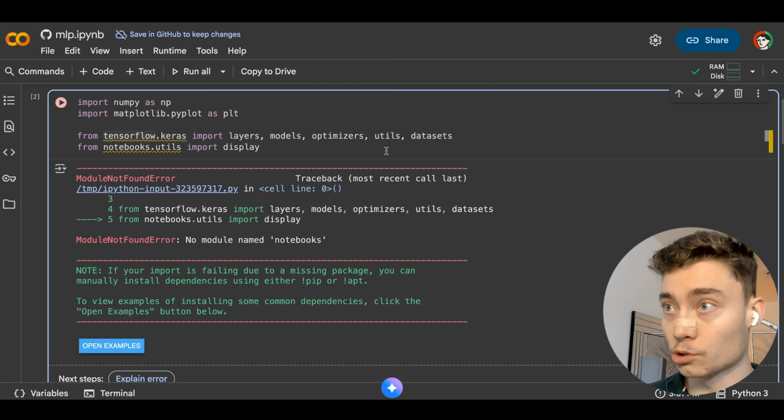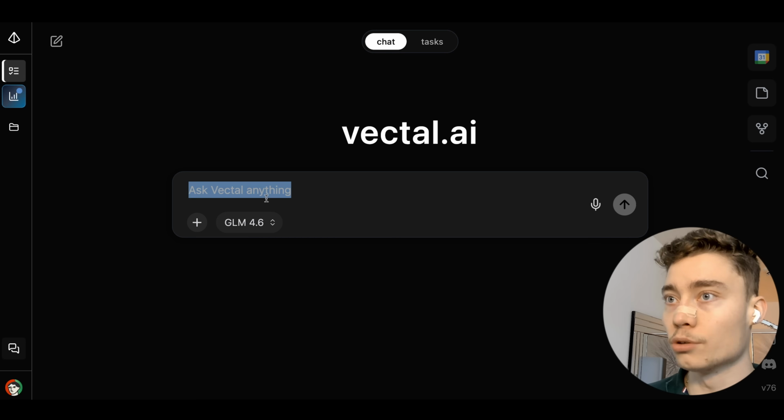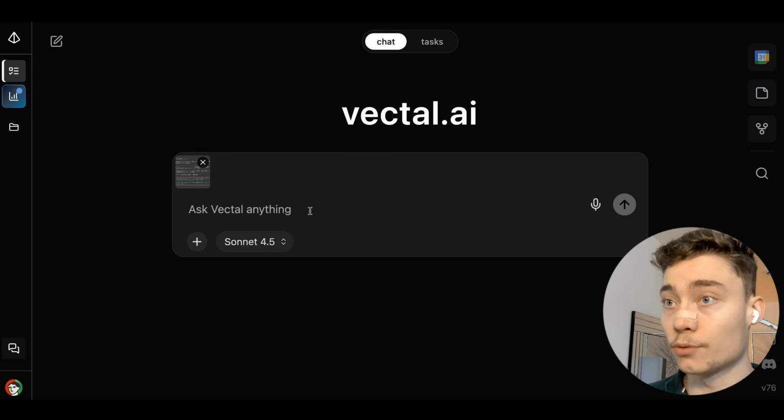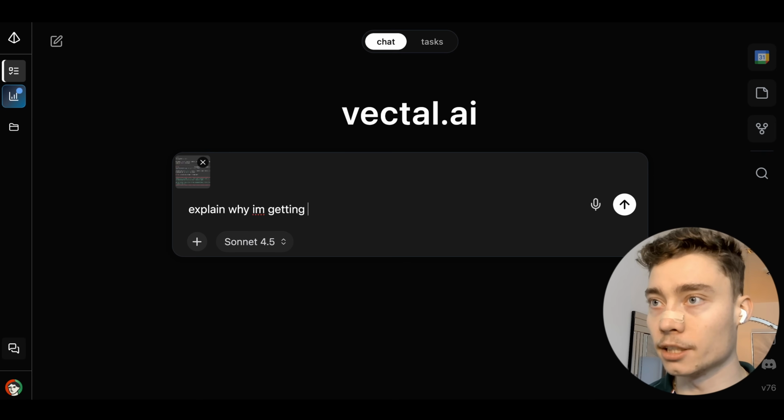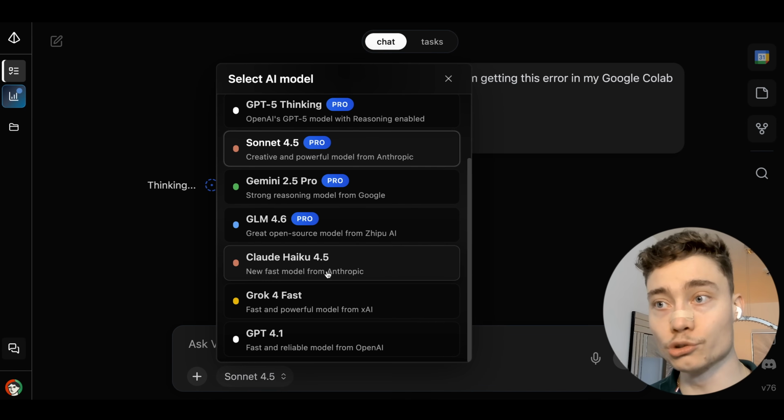So, all right, Gemini wasn't exactly helpful here. So I'm going to take a screenshot, copy it, go into Vectel, and paste it in. I'm going to use Sonnet 4.5, which is a much stronger model. And we'll say, explain why I'm getting this error in my Google Colab. Boom. So inside of Vectel, you at least know which AI model you're using, and we have all of the